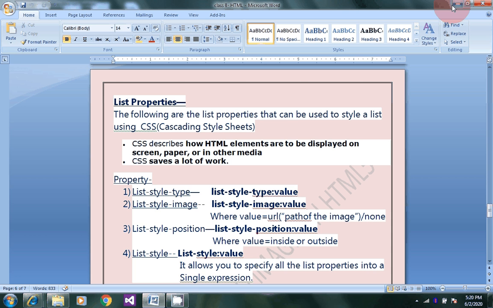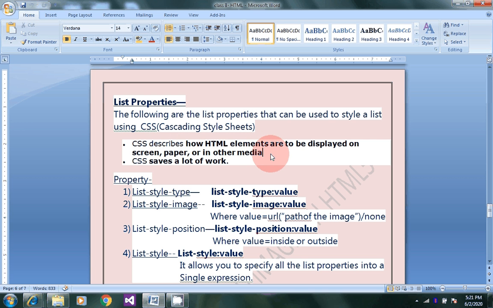Here you see these are the following list properties that can be used to style a list using CSS. Now what is CSS? First of all, Cascading Style Sheets is the full form of CSS. CSS helps to describe how HTML elements are displayed on the screen, paper or in other media.